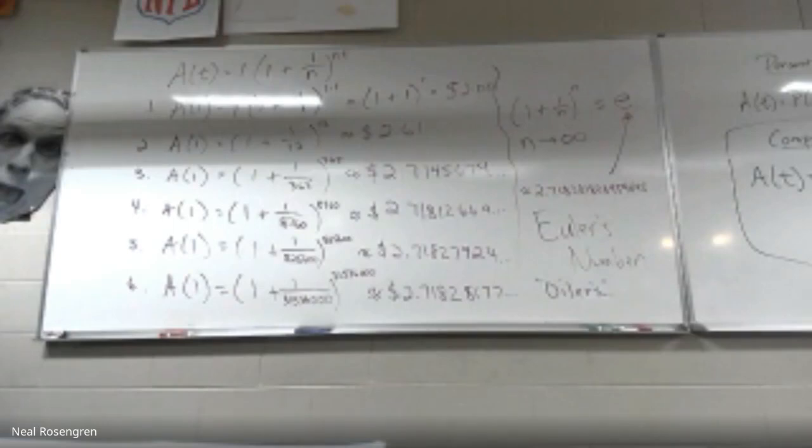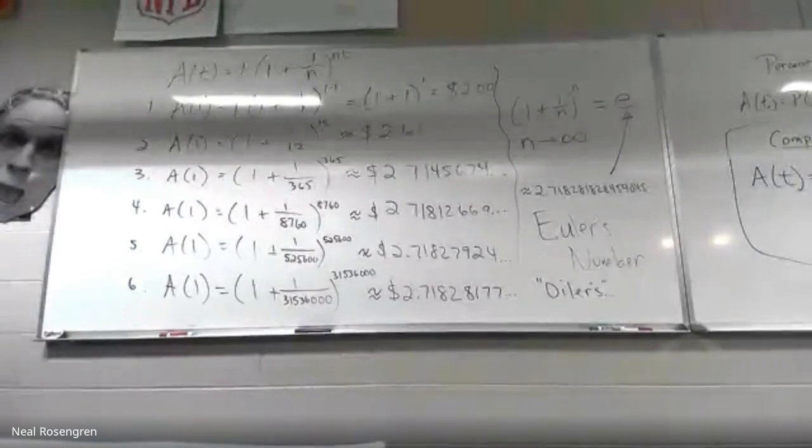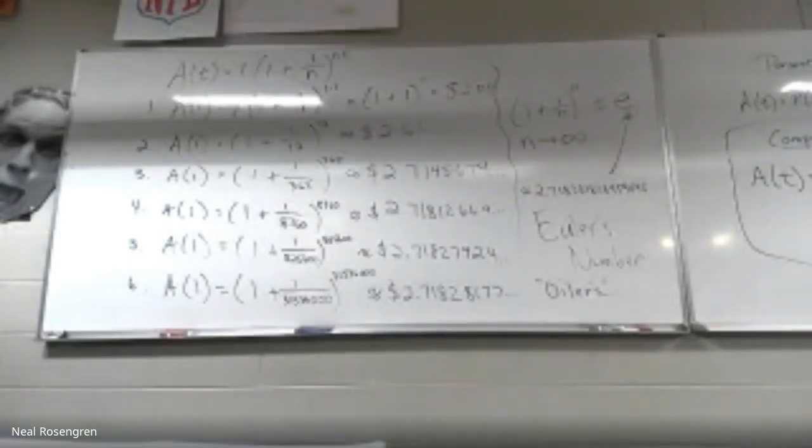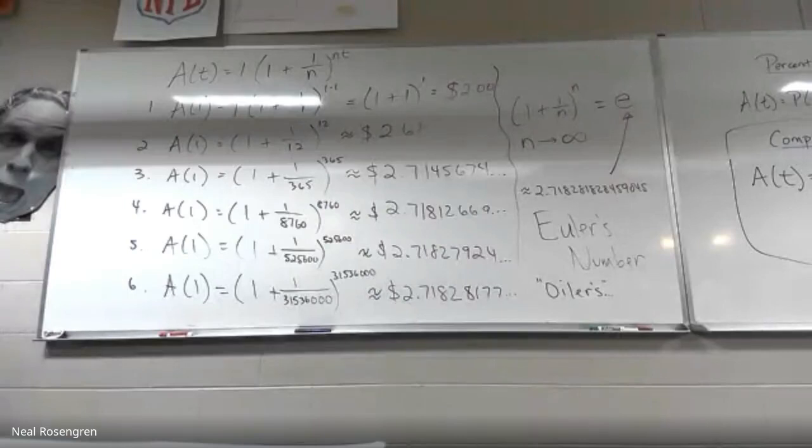And it's 1 plus 1 over n, to the n, as n goes to infinity. And it's on your calculator, and you need to know where it is so we can use the formula. Okay? So open up your calculator, wherever you got it. And it's really similar to pi in that this goes on forever. There's not really any pattern to it. You're right, pi is 3.141592653589793238462, blah, blah, blah. It goes on forever. Same thing with this one.